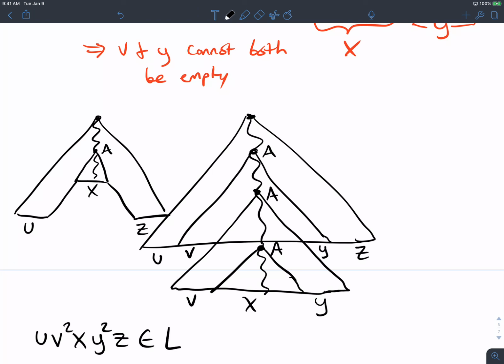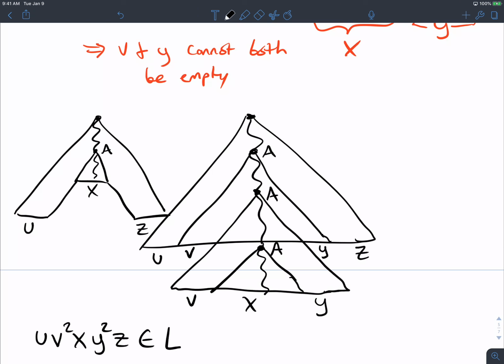Well, think of a string that has exactly P characters that's in this language. The occurrence of A here, could it be the very top? What is this top variable? The start variable. Could the start variable repeat? No. So it can't appear higher than the top. That's the key here.